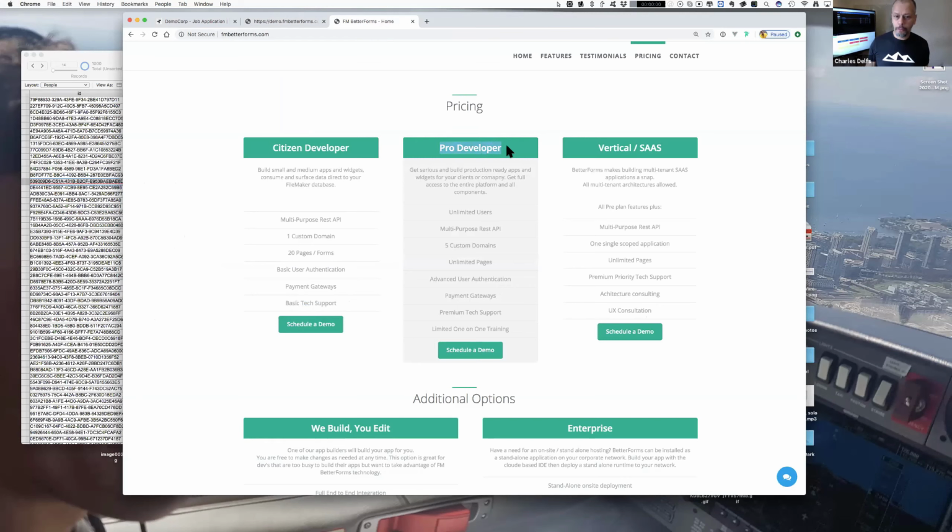We have a pro developer plan, and the pro developer plan is designed for dev houses, development houses, and basically developers that are building a lot more stuff and want to have multiple applications. I need a customer portal, I need a staff portal, and then I need a friend from my cousin's got a wedding and I want to whip up something for him and all that kind of stuff. All of that sits under one